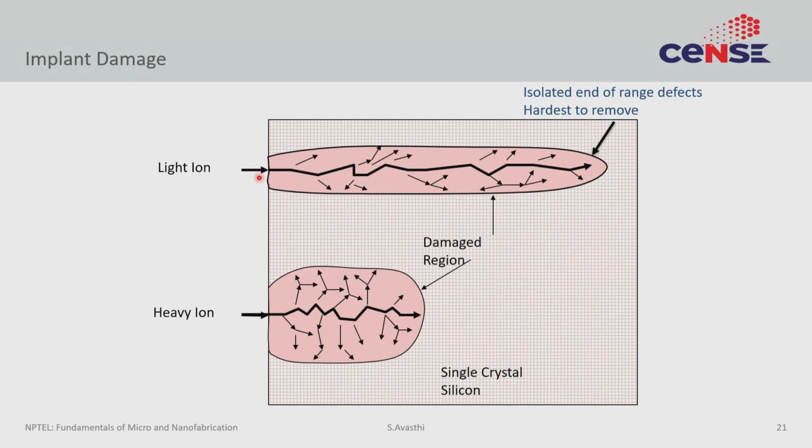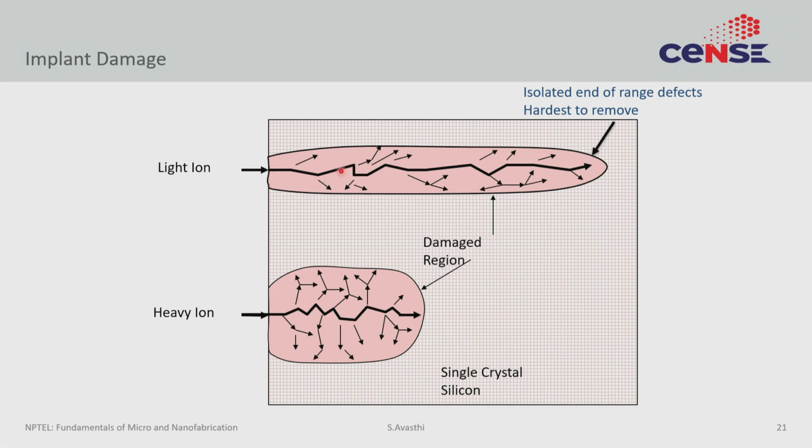So, let us look at this slide, and whatever I am going to say I have said before, but this is just to give you a visual idea of what I am saying. Supposing you take a light ion and it's coming with a certain amount of energy, it will suffer collisions, and with each successive collision it would lose some of its energy and come to a standstill at some point, right. The depth will depend upon what energy it's coming through.